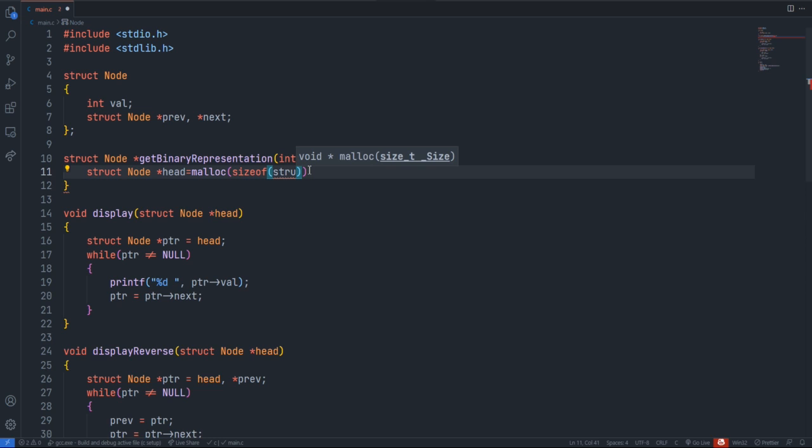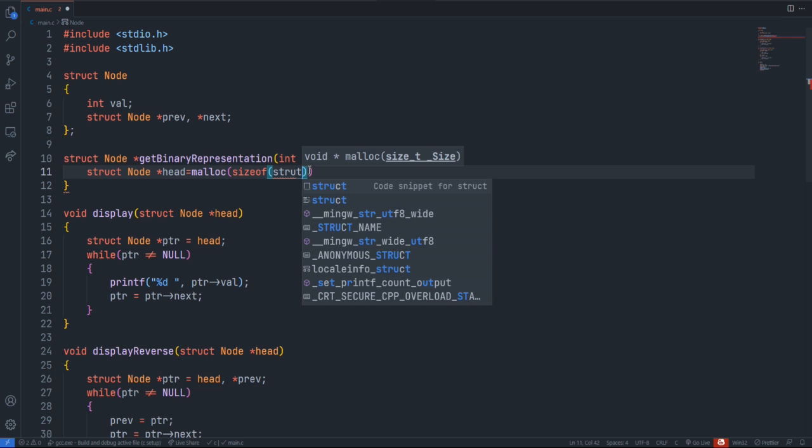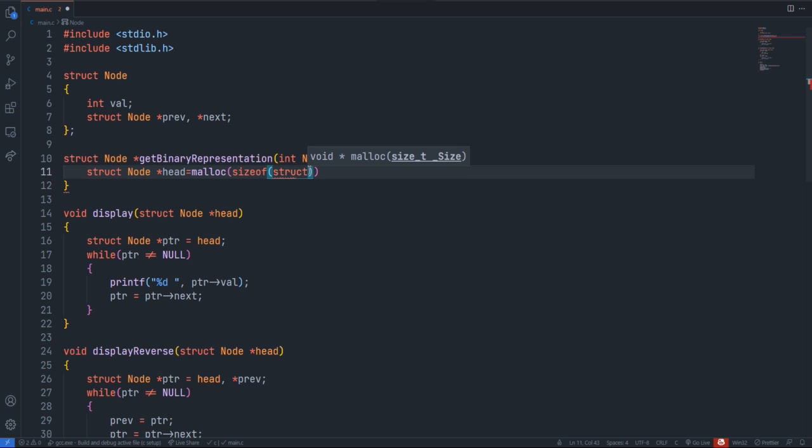and this C intelligence makes me feel bad every time I type struct and enter. It just creates a main function instead of putting the C keyword struct node star.